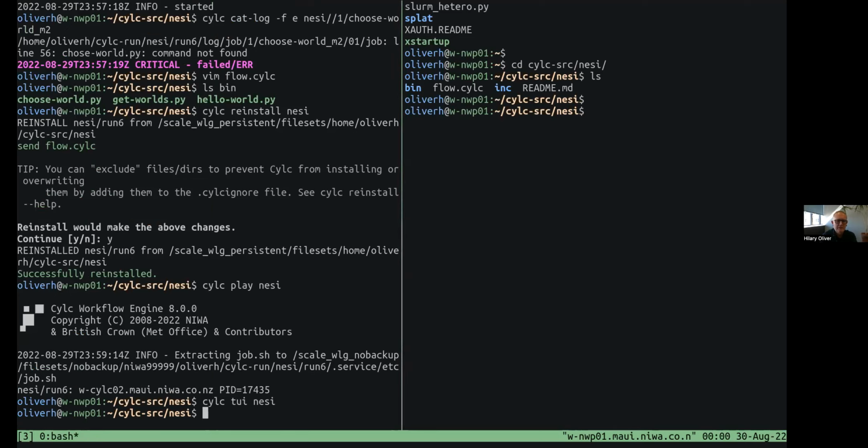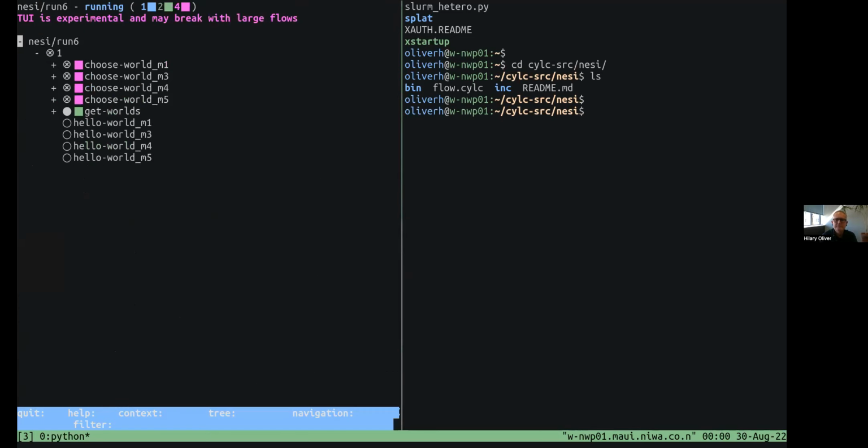Let's keep looking at my other pane. I'll show you on the command line how I can trigger all of the tasks in this workflow whose names start with choose and are in the failed state.